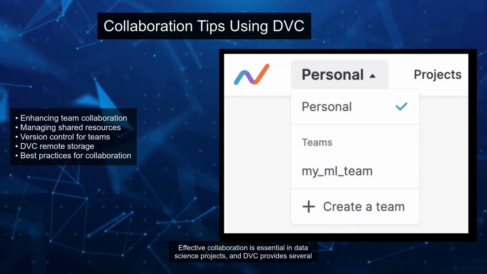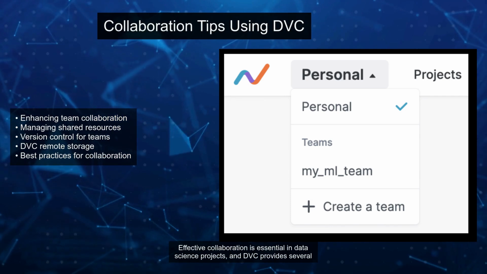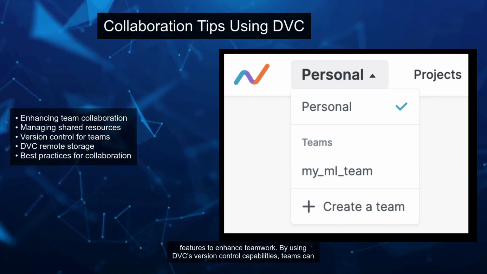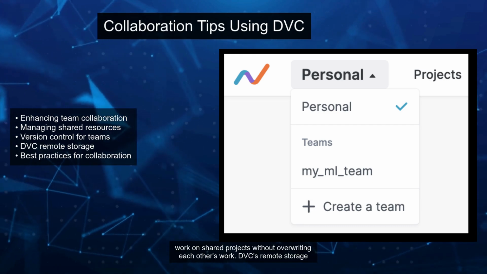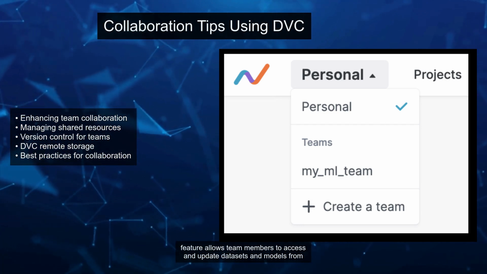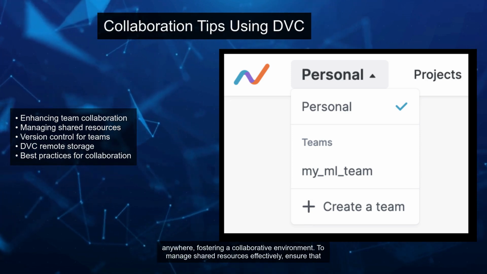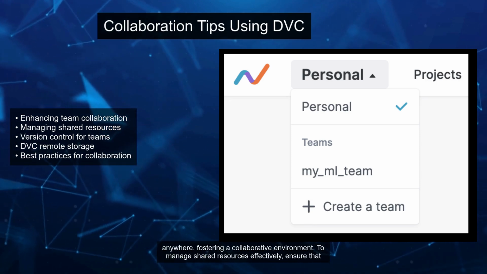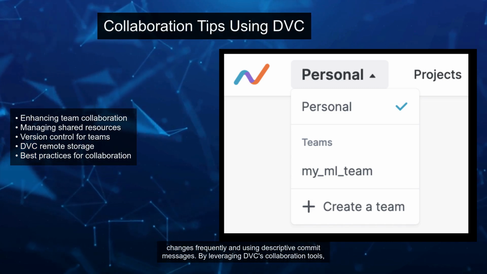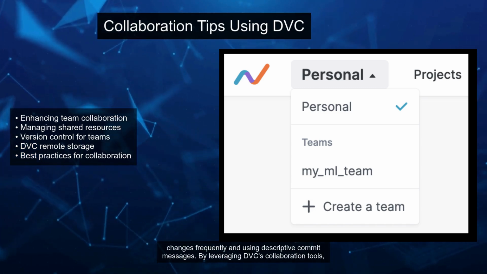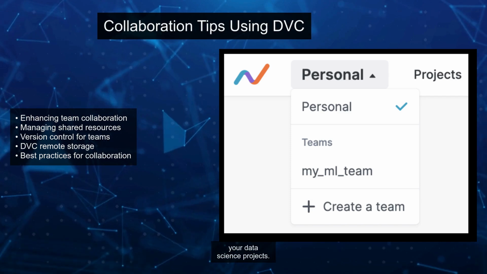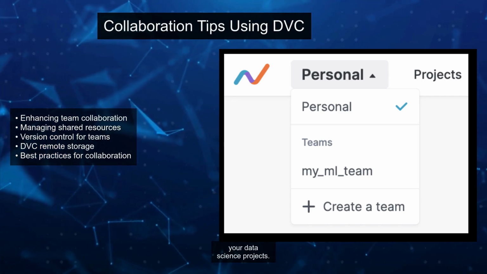Effective collaboration is essential in data science projects, and DVC provides several features to enhance teamwork. By using DVC's version control capabilities, teams can work on shared projects without overwriting each other's work. DVC's remote storage feature allows team members to access and update datasets and models from anywhere, fostering a collaborative environment. To manage shared resources effectively, ensure that all team members are familiar with DVC's best practices, such as committing changes frequently and using descriptive commit messages. By leveraging DVC's collaboration tools, your team can work more efficiently, reducing conflicts and increasing productivity in your data science